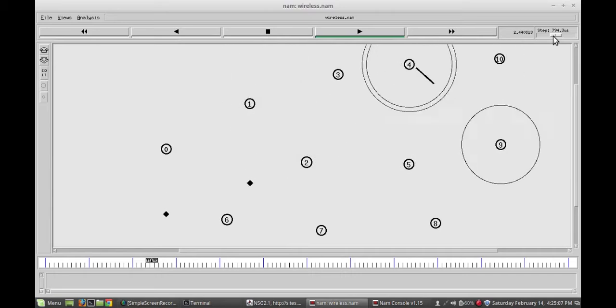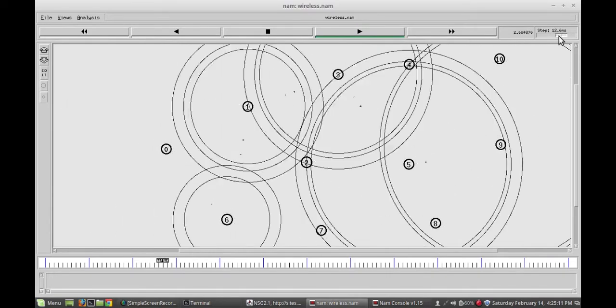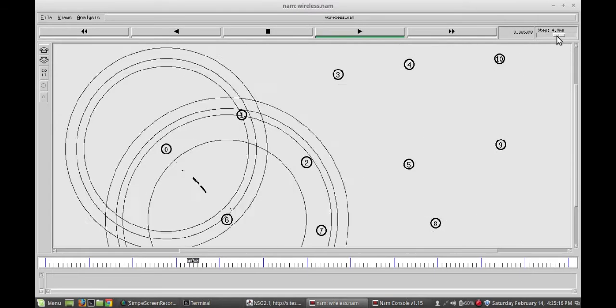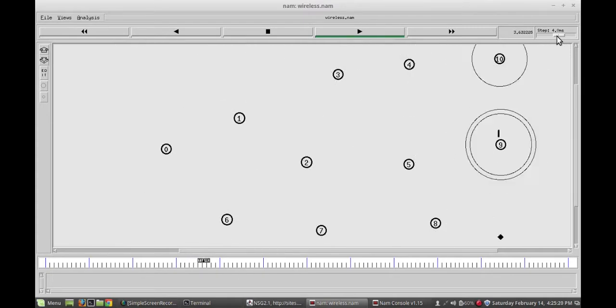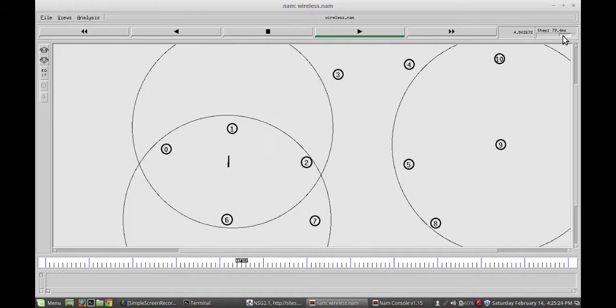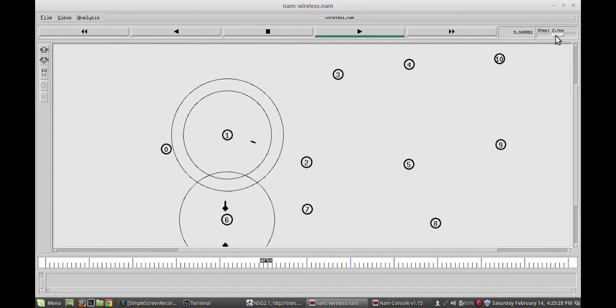So now you can see node number 9 changing its position, node number 1 changing its position, as I'd given the node movement. You can see node number 7 moving now.